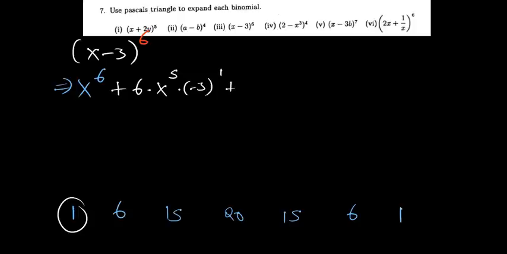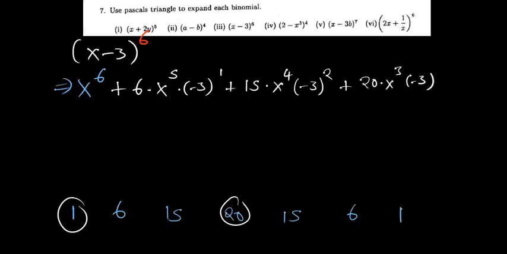Next coefficient is 15, multiplied by x to the power 4, because x powers are reducing, and then negative 3 raised to the power 2. The next coefficient is 20, x to the power 3, negative 3 raised to the power 3,